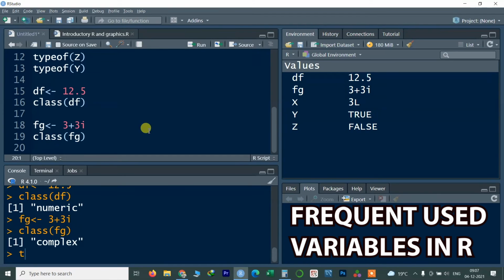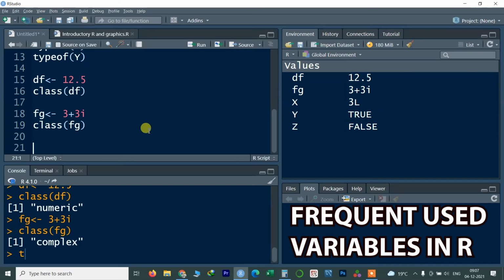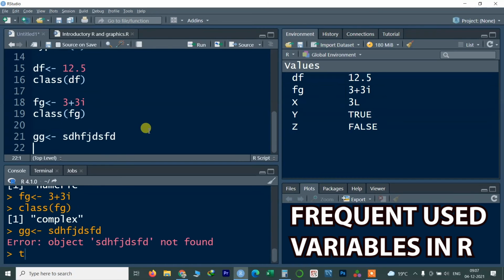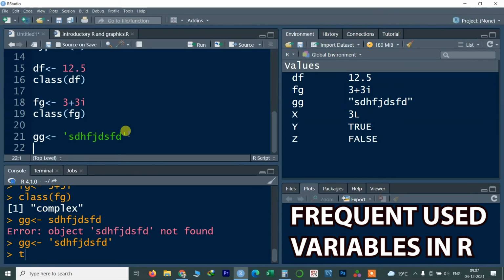These are the basic classes in R. One last one which is quite useful is any text or raw text. For example, gg is equal to any characters. Make sure that in R, if you type any character, you have to put it in quotation marks. I have added this text in quotation marks, so R will understand that this is some text.